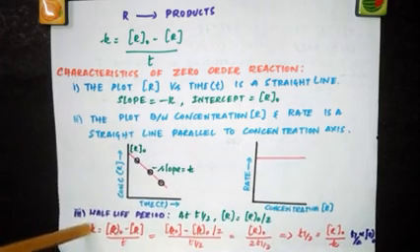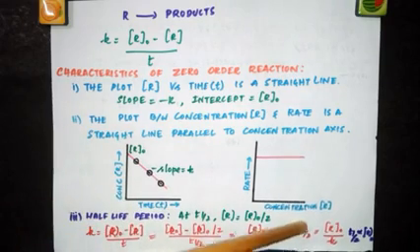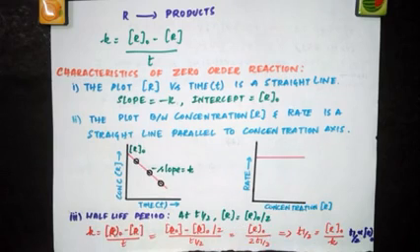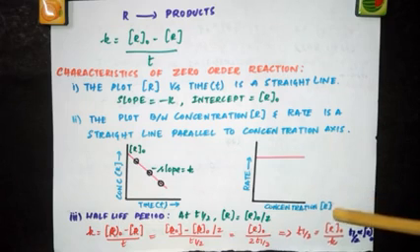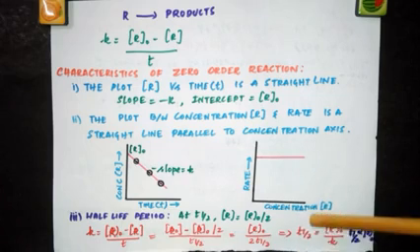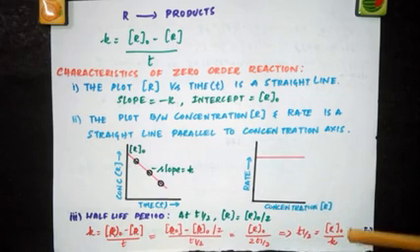So that is equal to K, or you can write T half is equal to R naught by K. From this expression you can conclude that the half-life period of a zero order reaction is directly proportional to the initial concentration of the reactant. See, T half is equal to 1 by K into R naught. When you have a constant here, you can put a proportionality taking that constant. So T half is proportional to R naught.